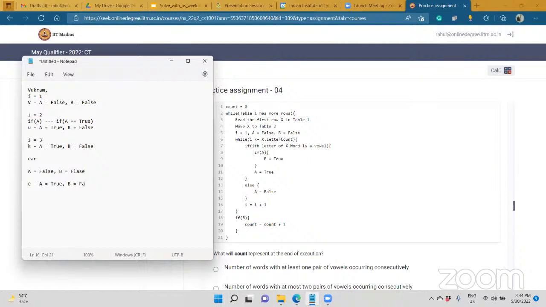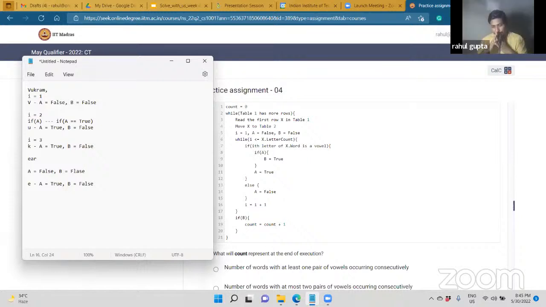You were saying as already we took A equals false, and then E becomes a vowel, but according to line 8, already A is false. That's why we cannot enter into that loop. Yes. Right. Okay. And then directly we come to line 11 where A is true. A is turning to true. A is being updated with true, right?